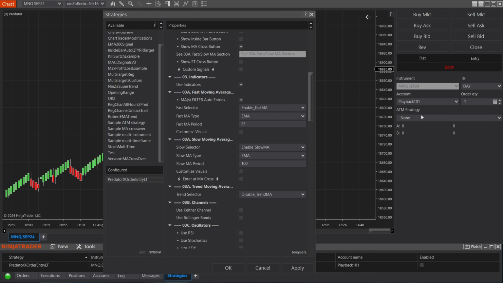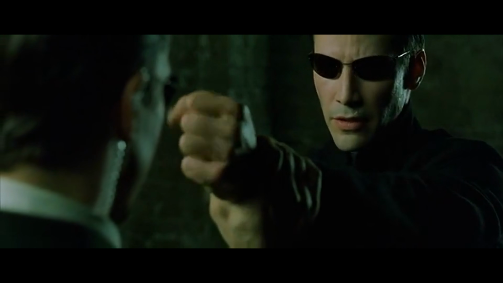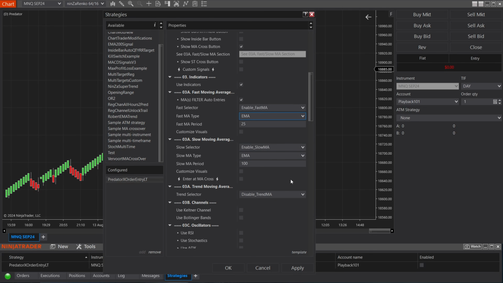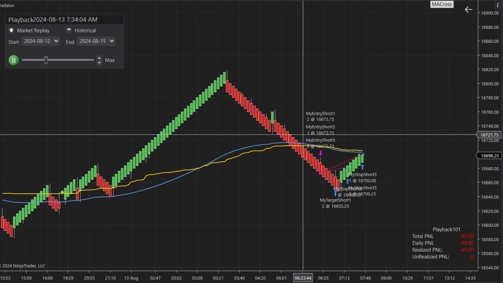There's been some major upgrades to the Predator's moving average trading system. This includes some added moving average types, a cleaned up user interface, and we've even added a third trend moving average so you can filter out your trades even more. Now, let's go over some examples so we can understand how the system works